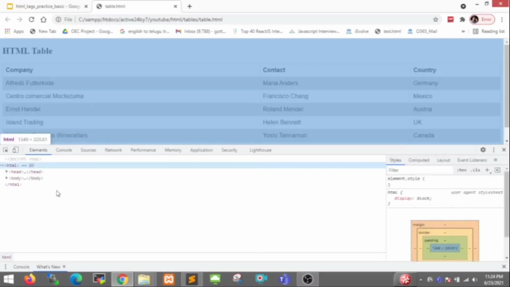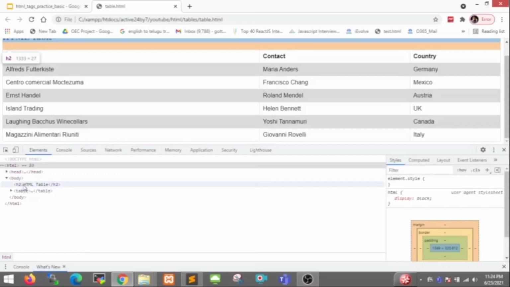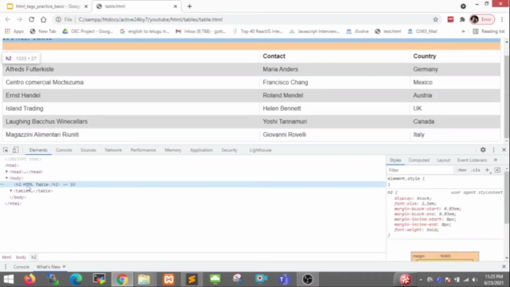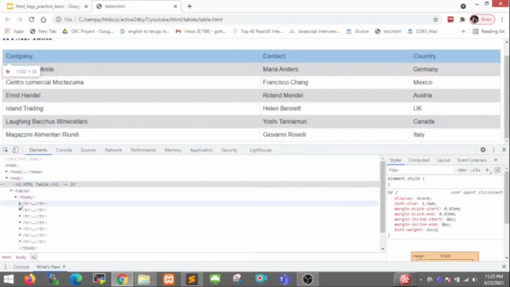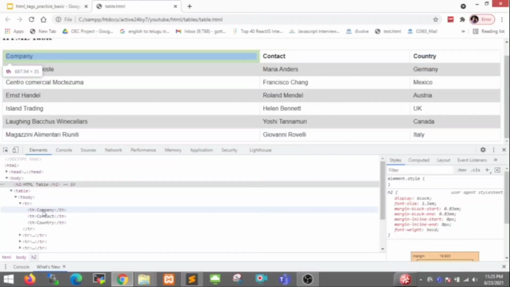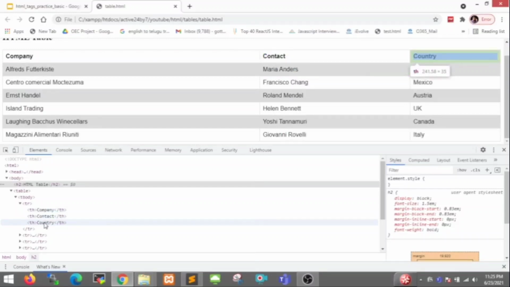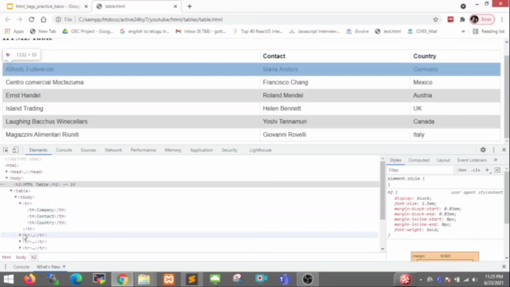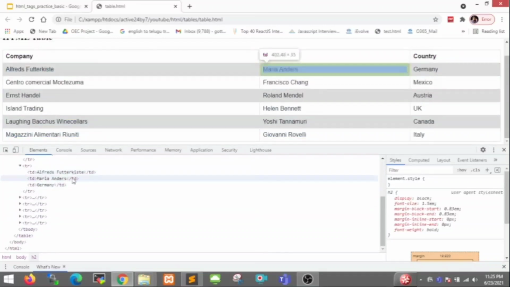Okay, now it's loaded. Yes, we observe the HTML table heading that I wrote in the H2 tag. After that we have the table. This is the first row, the headings: company, contact, country. These are the columns, and from the second row onwards, these are rows.